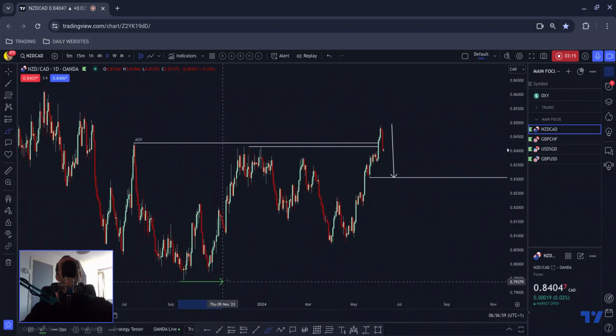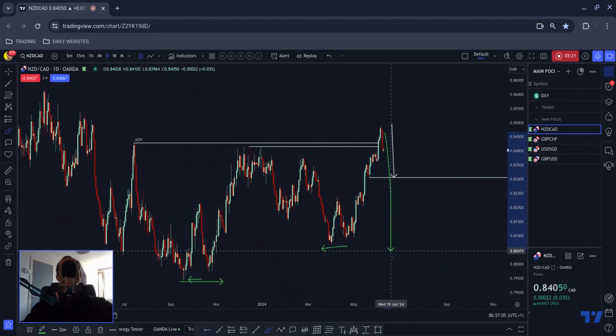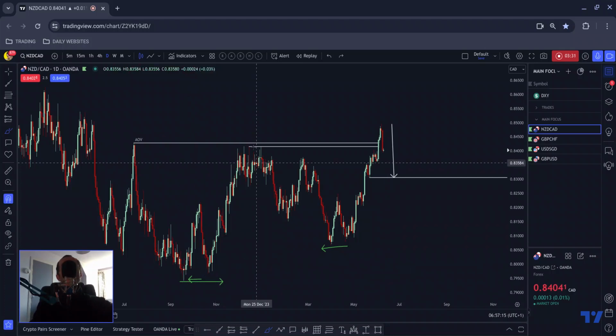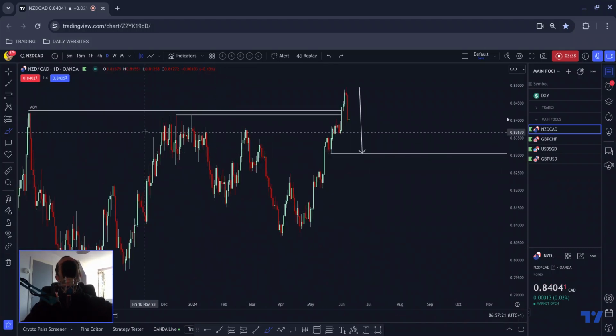Potentially to come all the way down to here because we have a little bit of a near miss to that area here, and potentially longer term we come back down to here, take out this near miss, and also there's a near miss there just to touch on it and to fulfill the structure here. But I wouldn't expect to hold a position like that for the duration. But what we can certainly do is potentially capitalize on some of that run, which is partly why I've got my arrow pointed here.